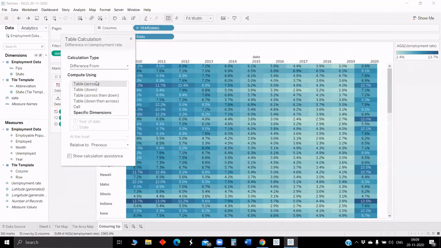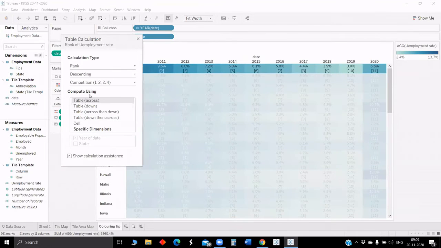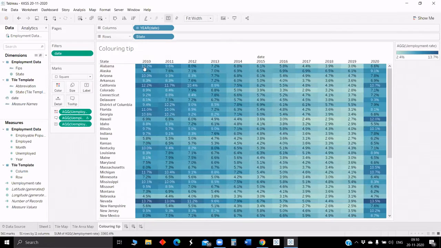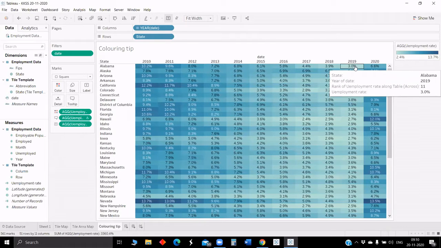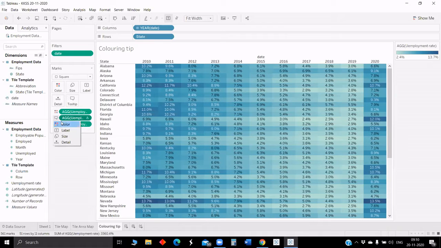That should be for color, right? Yeah, rank. No, you are doing it for tooltip, just for the view. First we'll view it in tooltip, then we'll change it to color. Okay. Table across. So if you see, 10.2 is rank 1 over here and 3 will be down. Yeah. So now if we convert this to color,